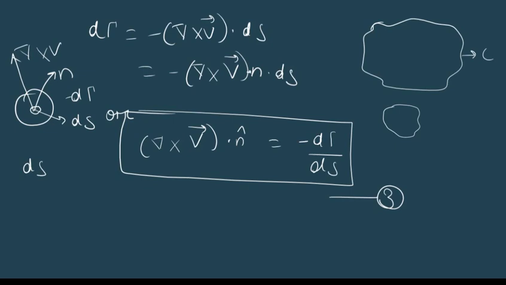Now what does this equation state? It states that at a point P in a flow, the component of vorticity normal to dS is equal to the negative of circulation per unit area, where the circulation is taken around the boundary of dS. That is what we are able to see here. So this was a small mathematical depiction of circulation.